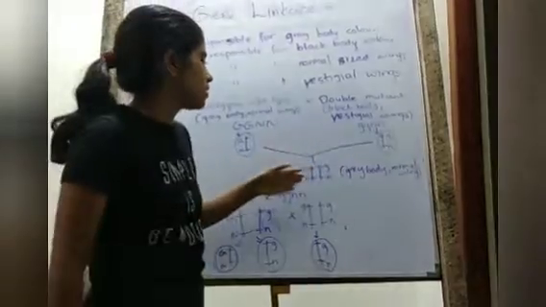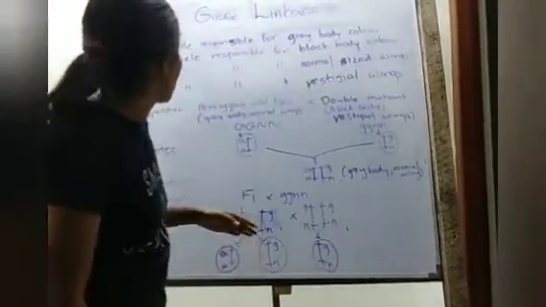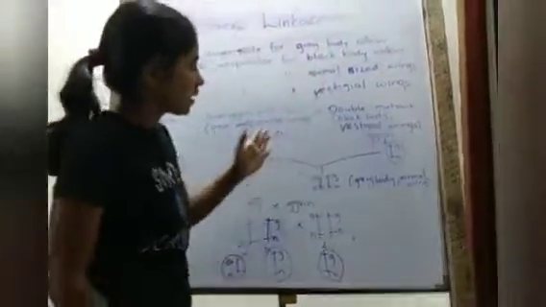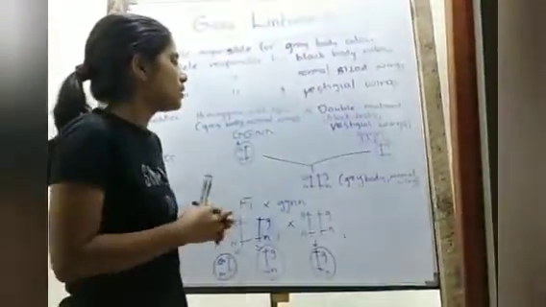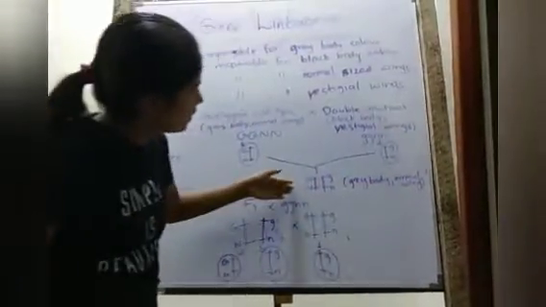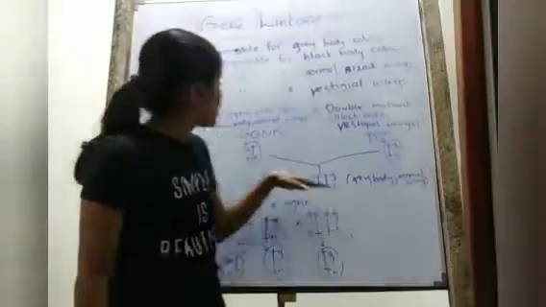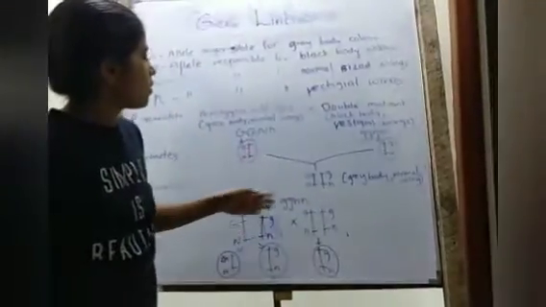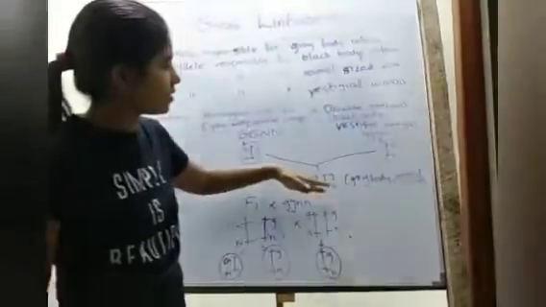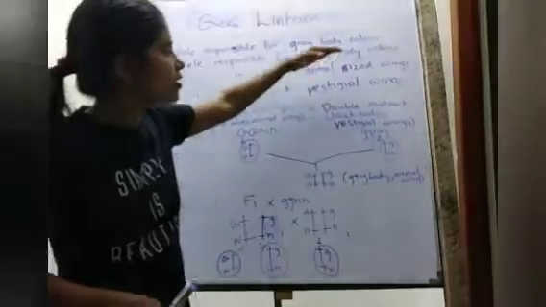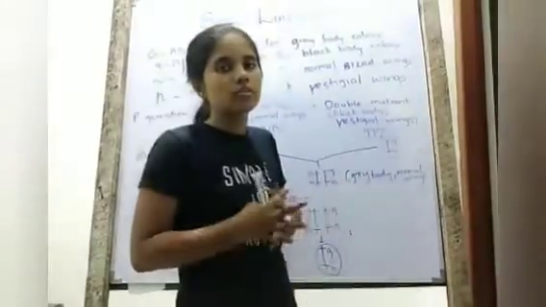capital G, simple G, capital N, simple N. So capital G is the allele responsible for grey body color. Since this is heterozygous state, the dominant allele gives out the dominant trait. So here we obtain grey body and then we have capital N and simple N. So capital N gives out normal sized wings. So here this is in the heterozygous condition. So this gives out the dominant trait. The dominant trait is normal sized wings. So normal wings can be obtained.